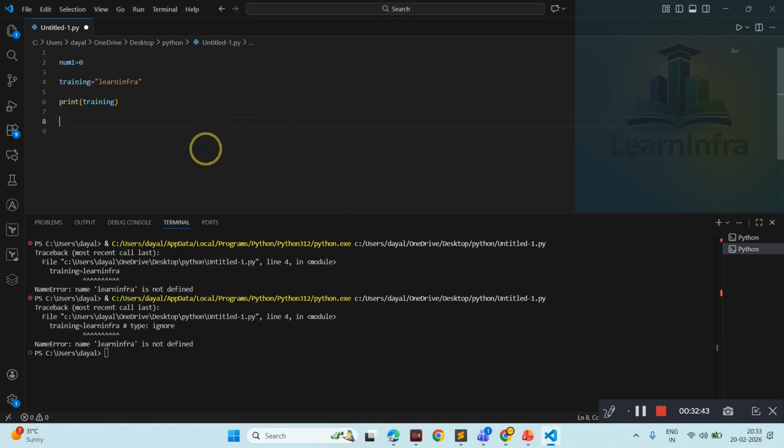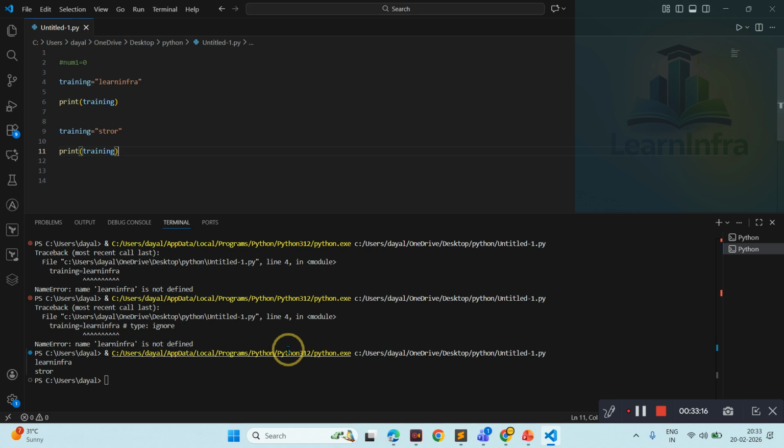So let us go one by one. Let's say this is your value. Let me just do this hash. So training is learn info, right? And let's say you want to change this. Training equal to, let's say, str or something like that, storage. Control C, Control V. And if you execute the program,